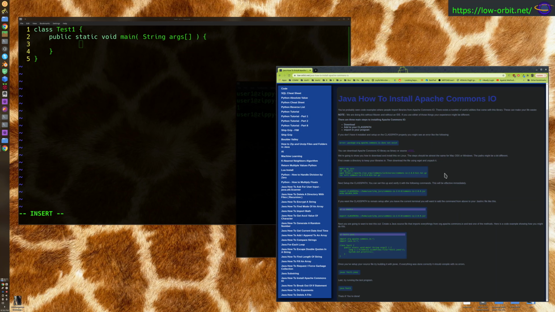Hey guys, today we're going to learn how to install Apache Commons IO. Now, this is something you might have come across. This is something I came across. So I'm looking at Java examples and solutions other people have come up with, particularly on Stack Exchange or something. Now, you might notice a lot of people use or recommend using different libraries with the name